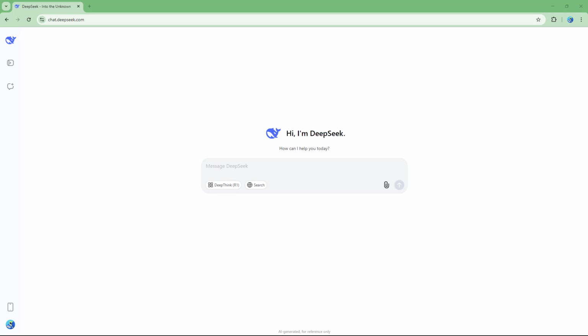So using DeepSeek, what you can also do is generate table data as you like. If you want to generate your table data, you can go onto the chat message and type in the prompt accordingly. Let's say, for example, I can simply type in, generate a table data of a list of